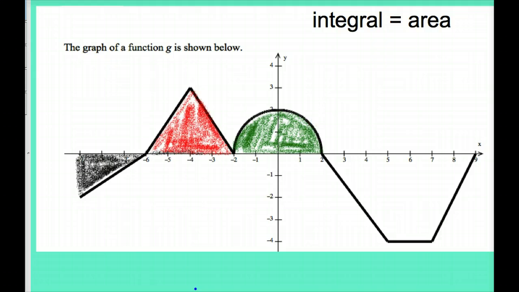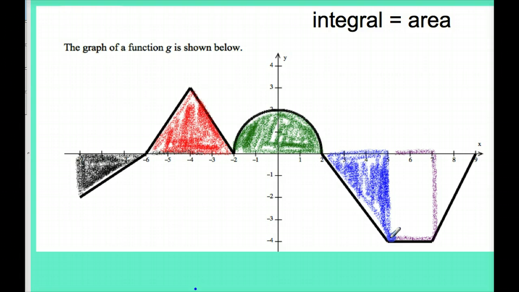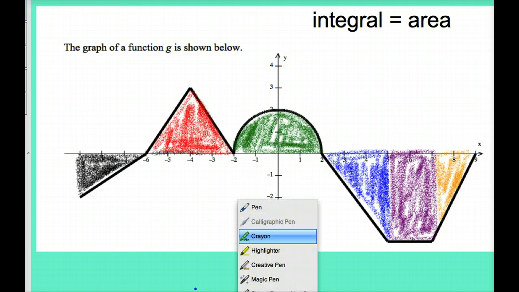But since I want to use simpler shapes, I'm going to break it down into a triangle in this part and a rectangle in this part, and then another triangle on the other side. So let's color this part in right here. So we're really dealing with just three shapes, and just as a refresher, we're going to take a look at